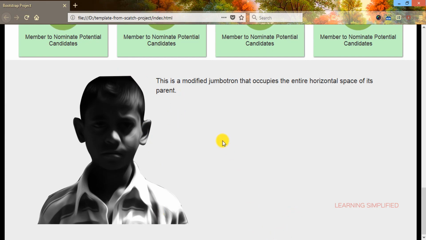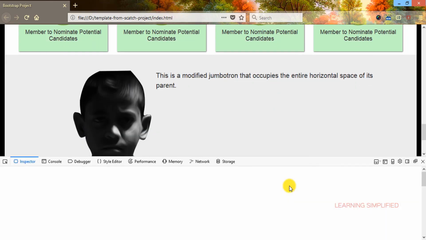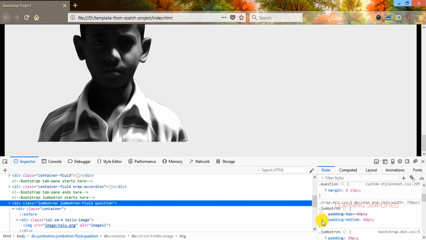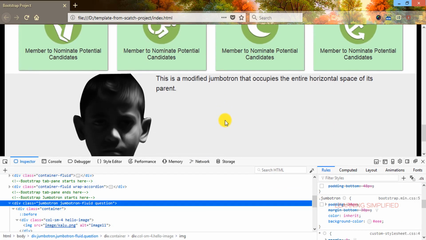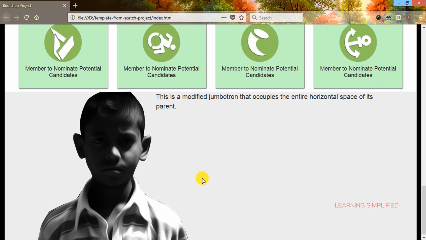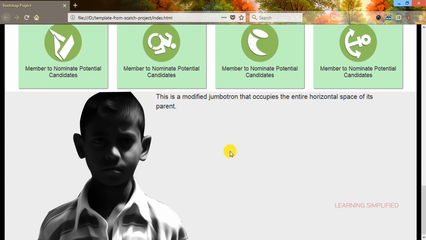We can see that this is the image part over here, and there is a particular padding from the top and from the bottom. So we need to rectify this. First of all, press F12. There goes this padding top 48 pixels and padding bottom 48 pixels. And there is another padding element here from the top and from the bottom. So if we just remove all those paddings, we can see that this is the result. So we need to overcome two major problems here. The first one is the padding, which we encountered first in the Jumbotron class, and in the second case, the size of this image.